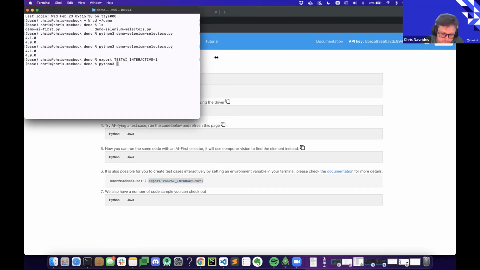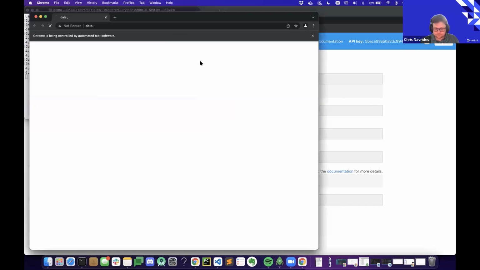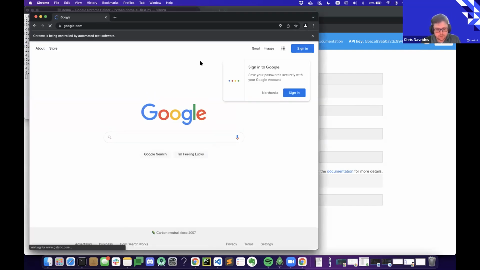So we'll do that. Again, we've not seen these selectors before, so we'll launch this. Now Test AI is looking for an element named search box. It hasn't seen a search box before, so it's going to take a screenshot.